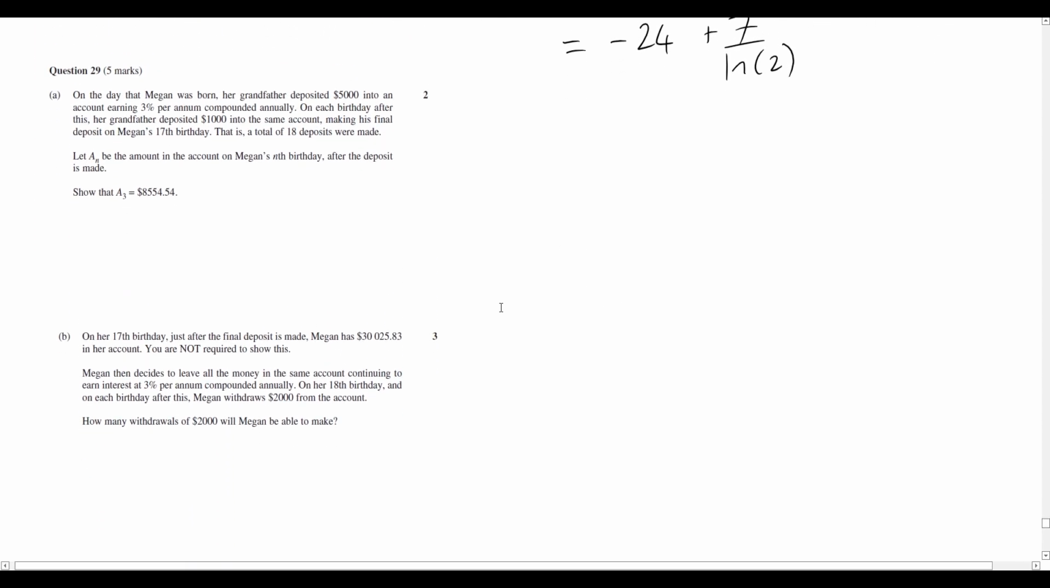On the day that Megan was born, her grandfather deposited $5,000 into an account earning 3% per annum, compounded annually. On each birthday after this, her grandfather deposited $1,000 into the same account, making his final deposit on Megan's 17th birthday. That is, a total of 18 deposits were made. So we're going to say, let A_n be the amount in the account on Megan's nth birthday after the deposit is made. Okay, so we need to show that A sub 3 is equal to